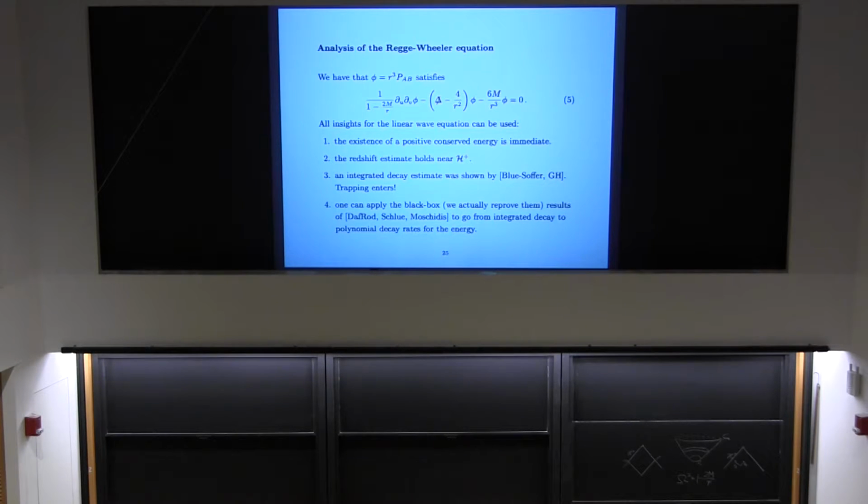I'm going into the details on the next couple of slides. But all the geometric insights for the wave equations, you can use them for the Regge-Wheeler equation. So you have a redshift estimate near the event horizon, which allows you to improve the estimates near the event horizon, and there also exists an integrated